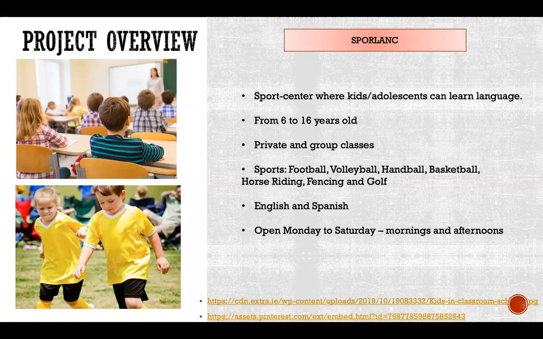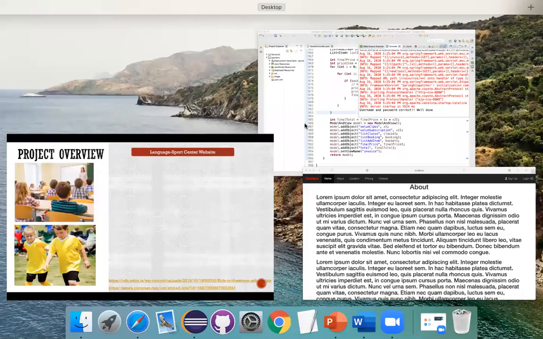One of the restrictions that I applied is that the business is open from Monday to Saturday, mornings and afternoons. They are not able to book on Sundays or evenings. It was challenging when developing a website. Initially, I wanted to develop an application, but it didn't work because of the many languages I would have to learn in the short time I had to develop it. I decided then to develop a website.